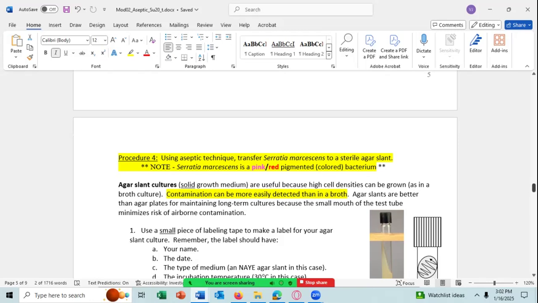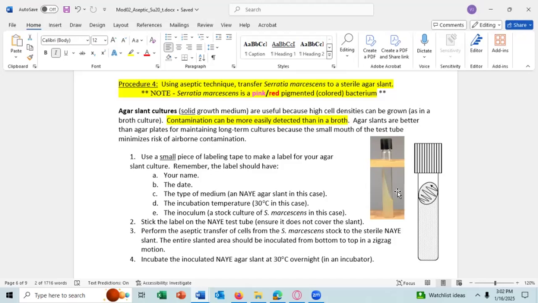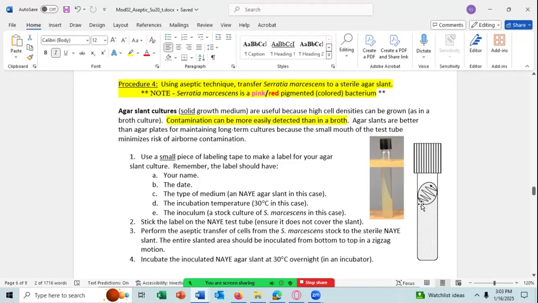And when you're growing on a slant, you inoculate it by picking up your cells, pretend this is a loop, a sterilized loop, cool the loop before you pick up the cells, and then you put it into your stock culture, pick up the cells, and then take the loop and you inoculate the surface of the slant with an S-like motion,